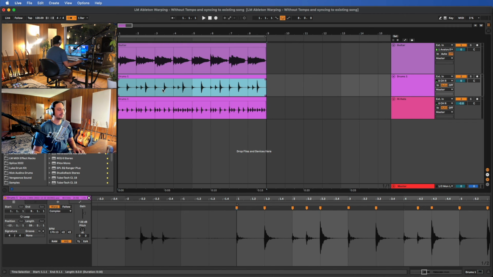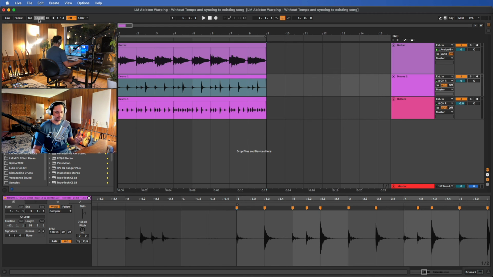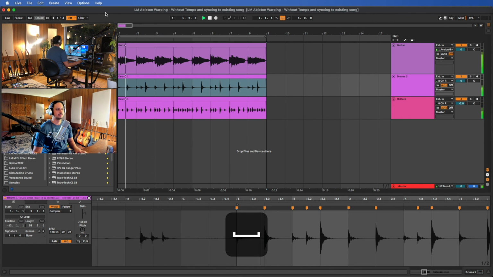So this is the process for number one, lining up stems that you get that are not at a tempo or not at the correct tempo. And number two is once you have a tempo established in your song, you can line up other stems to that regardless of whether or not you know what tempo they are. So in this particular example, we didn't know what the tempos were because it was just a janky recording. And once we have all this synced up, we can actually continue warping. Now that everything's warped, you see it stays the same when I up the tempo. So if we wanted to do this at 165,